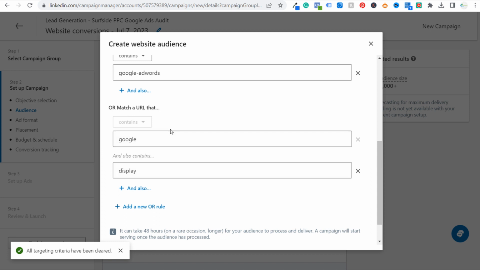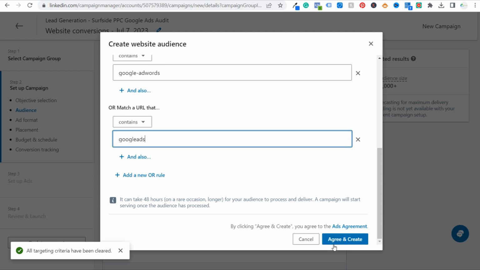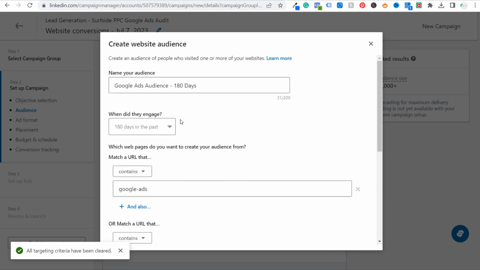The other thing that you can do is if people visit, for example, a Contact Us type page, you could also make sure that anybody who's visiting your Contact Us pages or any other pages that may also be relevant, PPC advertising, or could even be people looking up things about Microsoft Advertising because they're probably running Google Ads as well. But continue to look at which pages on your website are getting the most traffic and build audiences where people that are visiting those pages are going to be the most likely to be interested in something like a Google Ads audit, since that's what I'm actually doing in this example campaign that I